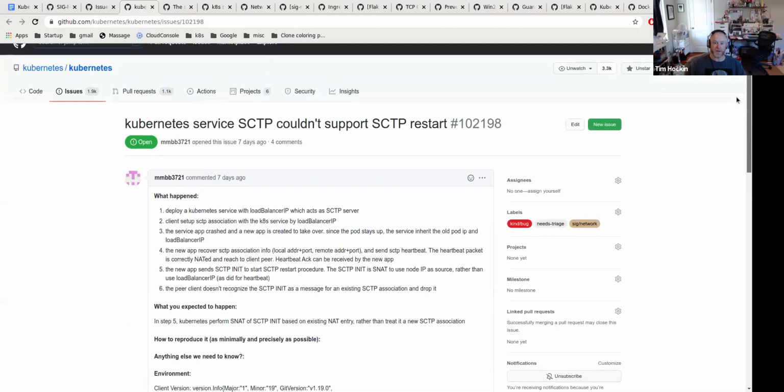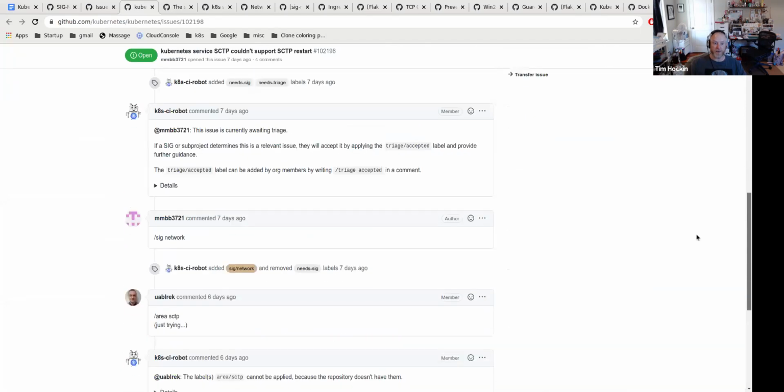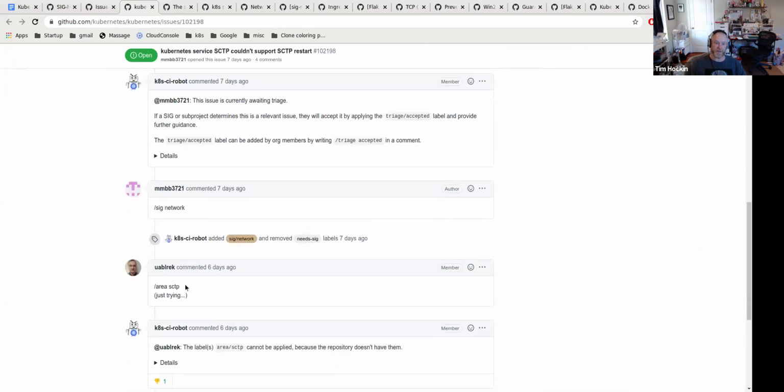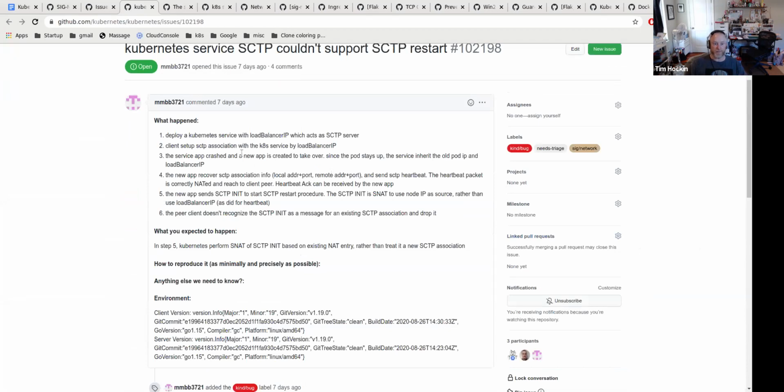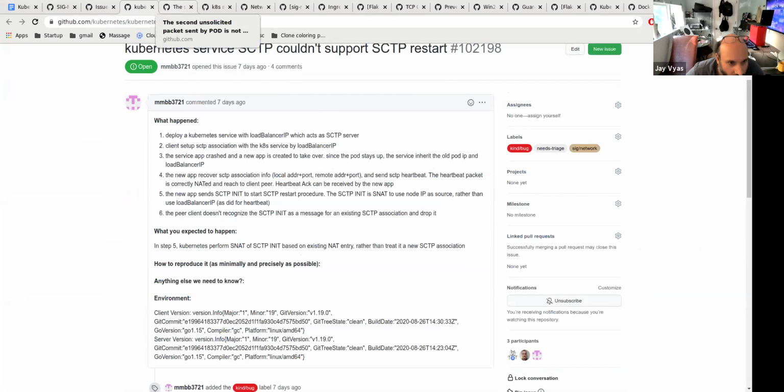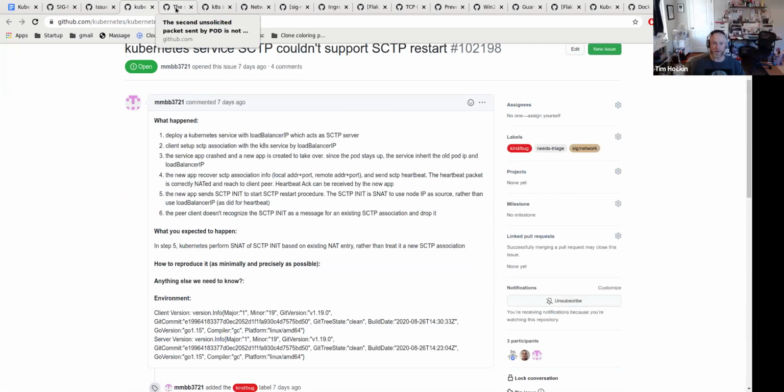This one is about SCTP restart. Lars tried to tag with area SCTP. Perhaps we should actually petition to get that. We don't have it at the moment. The bug issue is here. Does somebody who knows and can recreate SCTP issues want to take this? Not to fix it, just to confirm that it is in fact a thing that we should consider thinking about. Anyone? Nobody feels equipped to take SCTP? All right, we'll have to come back to it then.